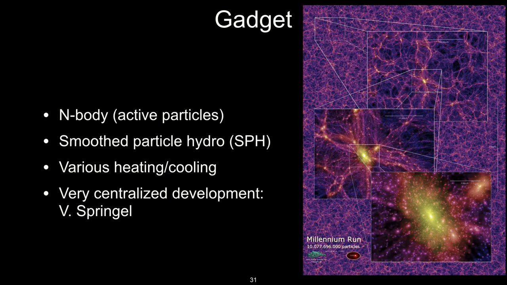I'm not going to pick on Gadget in particular, but I'm just going to use it as an example. Gadget is an amazing code. If you go back to the citations that I listed, it has one of the highest citation counts and publication records of any code in astrophysics. It has had an enormous impact on cosmology and structure formation. It is largely an N-body and smoothed particle hydrodynamics code. And you can do things like create the universe using this code. And many people have done so.